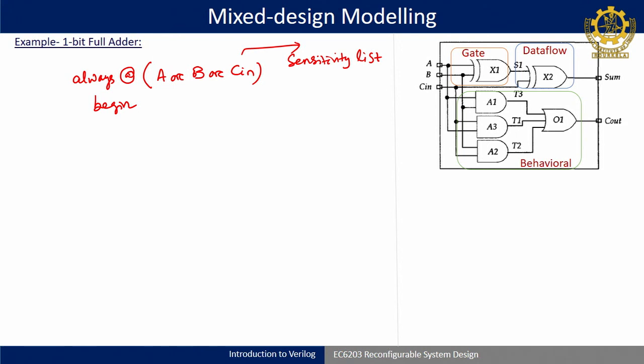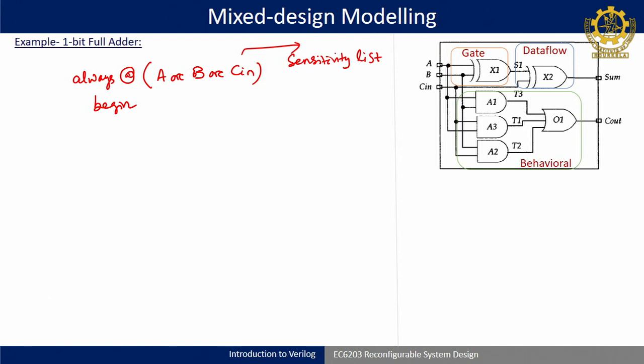So that's why for modeling a gate or design we use always, not initial. Initial will execute once. If you use initial and you switch on your IC, it will execute once, then it will never execute again. Each time you would have to switch on to do the execution. So always should be there, because the gate will execute, inputs are coming, execution is going on in parallel. So continuity will be maintained, continuous.